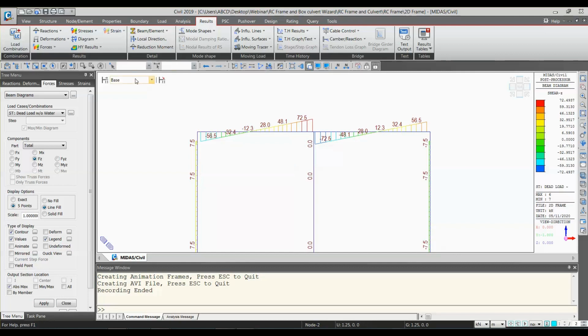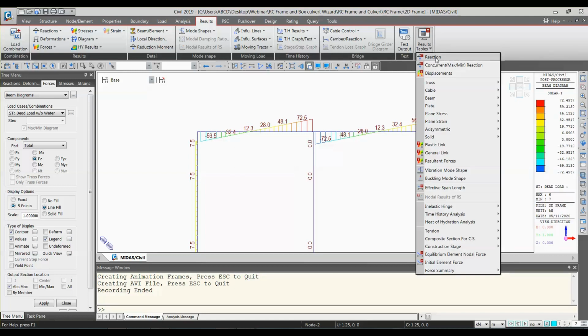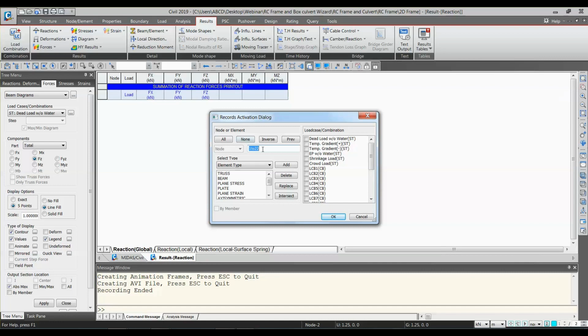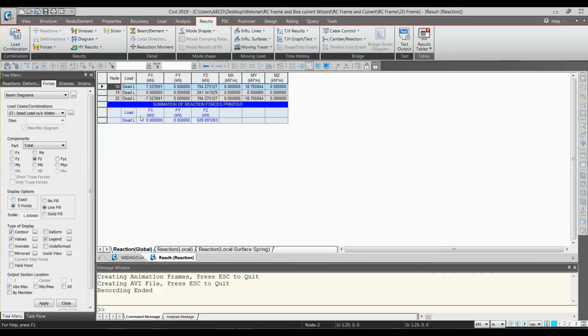Okay, and now these same results you can see in the result tables, reaction. So I will check on all the elements. You can even select some of the elements to see only that particular element. Okay, and let me check the dead load. Okay, so 629.89 kilonewton is the total dead load coming on the structure.